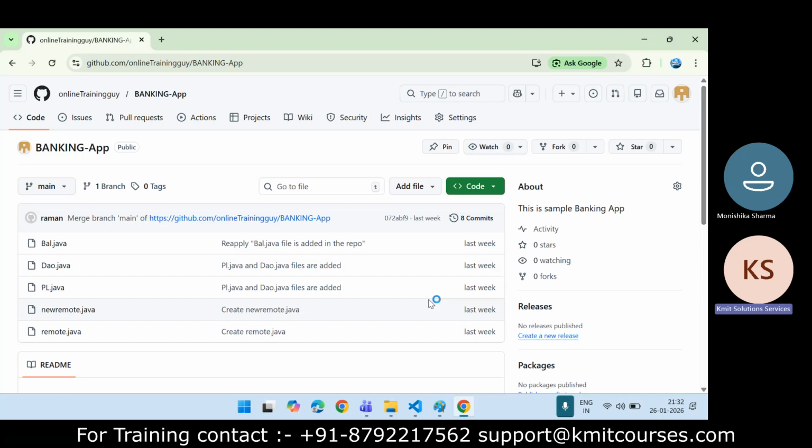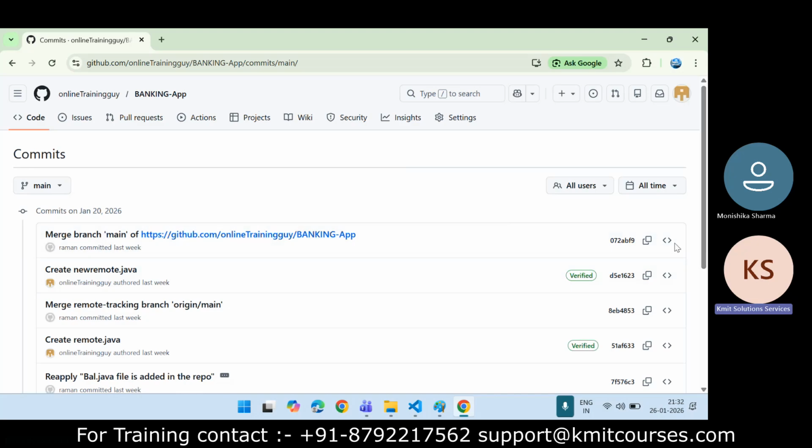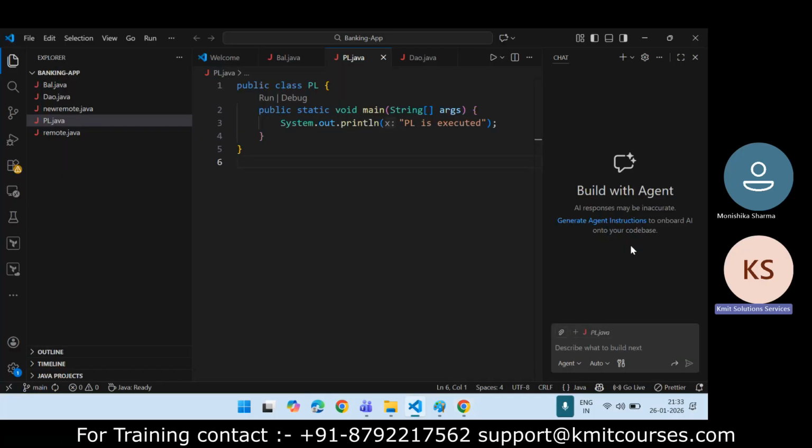Let me double check. How do you know this GitHub repository is mapped to my local repository? Because if I push my code, it should go into this repository, right? How do you know? My commits. Very good. With the commits, here you can see the commits. So that is one way. This is 072 something, right? And if I go here and open a PowerShell